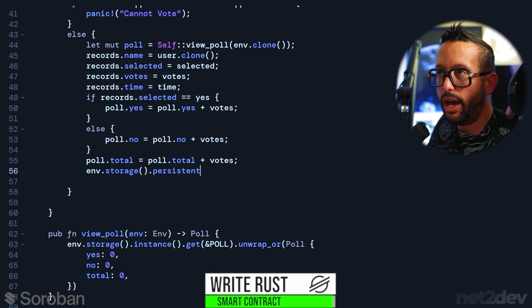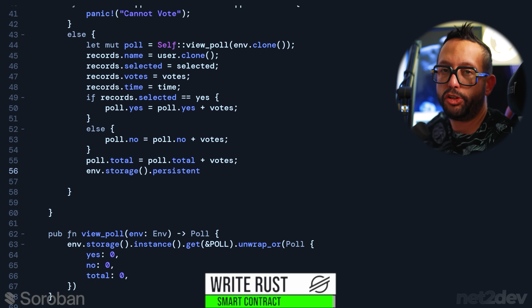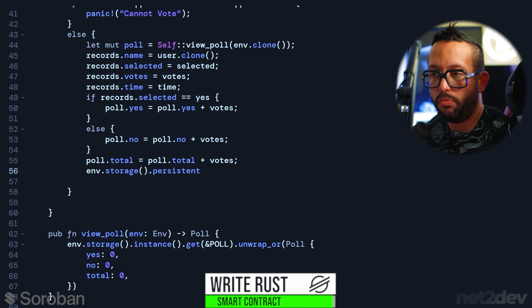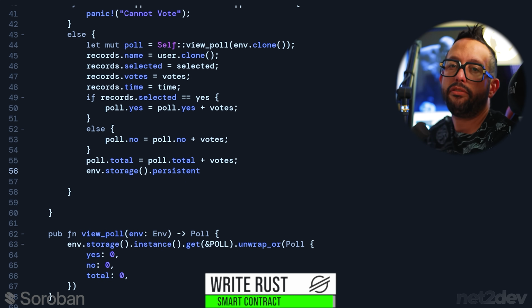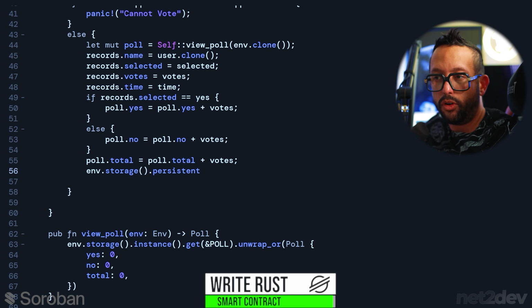In Stellar, you have to make sure that the data on the blockchain gets the timestamp. There is a time to live. It's a time to live that you must poke at, right? So then the timer resets and the data doesn't get purged on the blockchain. Okay, so this is a way to make the blockchain more consistent and not have a lot of garbage that is never being called and is just stored there forever. So what I'm going to be doing is I'm going to type persistent, and then I'm going to set the